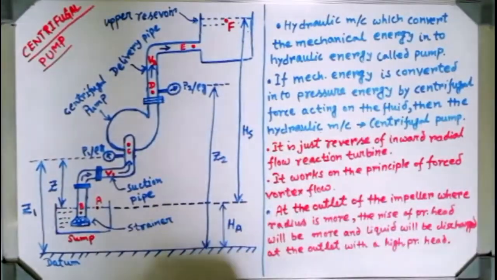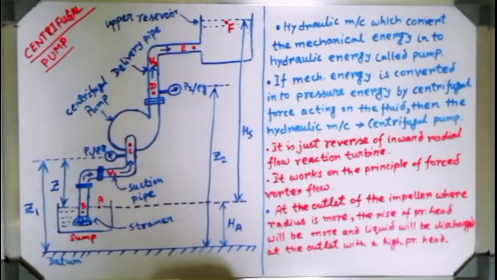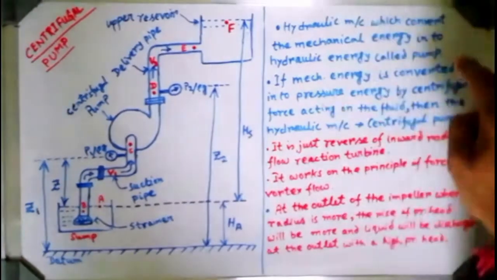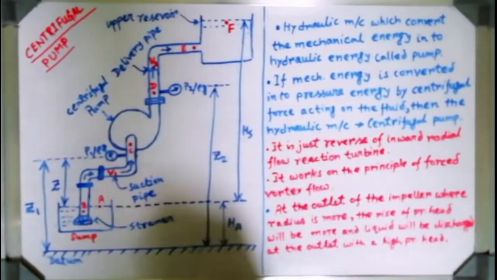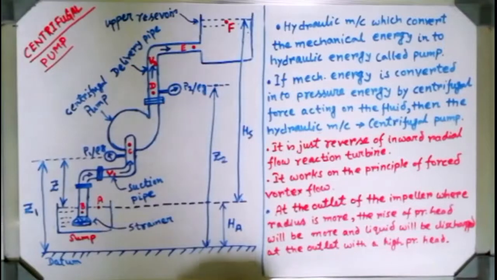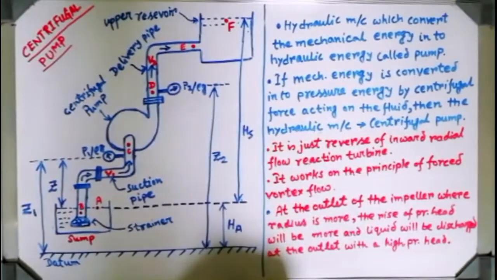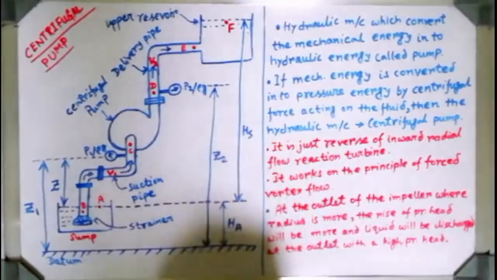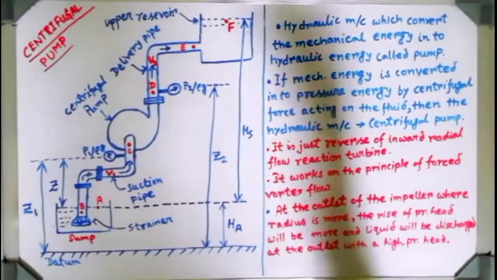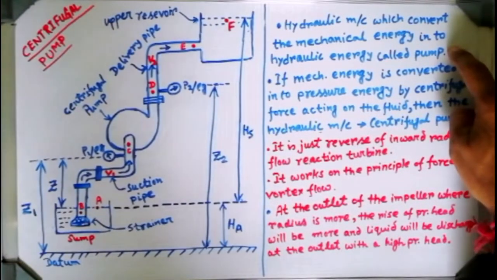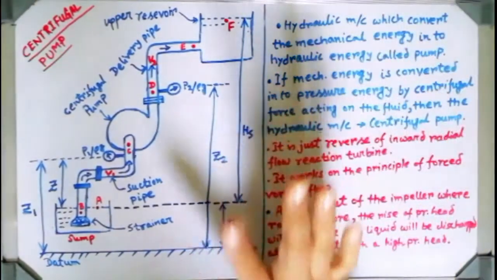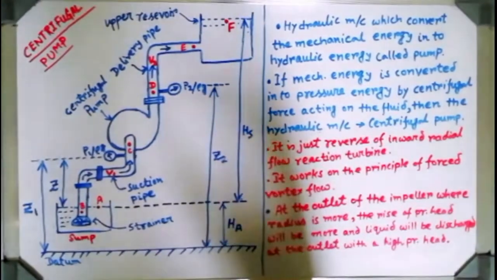In our home we do the same thing. What we do in our home, basically we use this kind of pump to raise the water from the ground level to the overhead tank. It may be the first floor or second floor above. We all know that water cannot go against gravity. If we want to push the water against gravity, that kind of pump is needed. It can be a centrifugal, it can be a reciprocating. Today's topic is regarding the centrifugal pump.